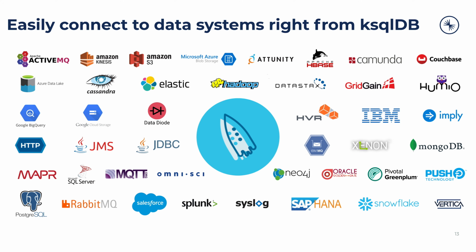And if you're building these event streaming applications, it's likely that you're going to want to work with data that exists in a variety of other data stores. Confluent provides 100+ pre-built connectors to easily start moving your data in and out of Kafka, but it still requires deploying a separate Kafka Connect cluster, which can take time. That's why KSQL DB supports running connectors directly on its servers. Rather than needing to run a separate Kafka Connect cluster for capturing events, KSQL DB can run pre-built connectors in embedded mode. Best of all, you can do this entirely with SQL syntax, making it much easier to work with data throughout your organization.